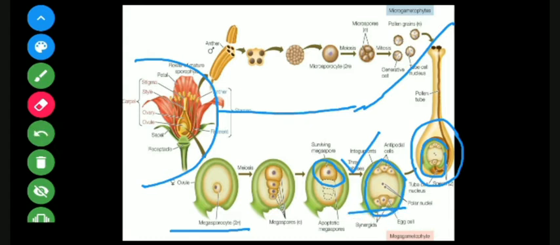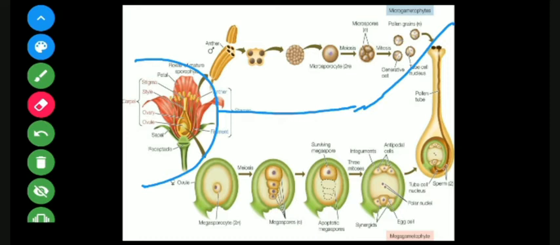Okay, so this is how the development takes place, but we are going to see it further in much more detail. Now this is the stigma part. Can you see the granular structure? That grain is nothing but the pollen grain. The pollen grain has attached or landed on the stigma. The nature of the stigma is that it is sticky and also somewhat rough in nature. So being sticky and rough, the pollen grain can easily be caught by the stigma, and here the pollen grain can germinate and form the germ tube.